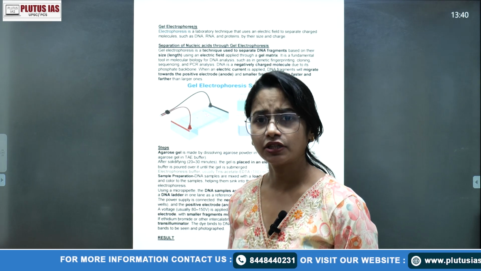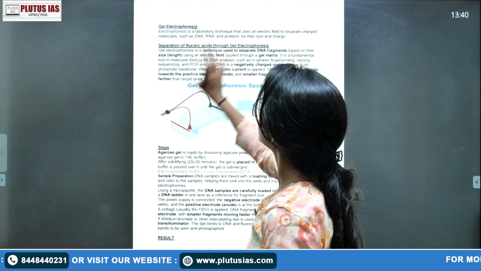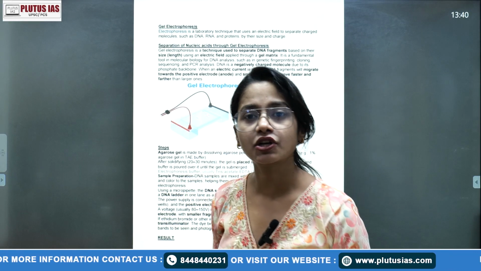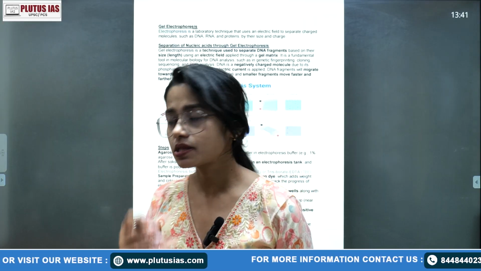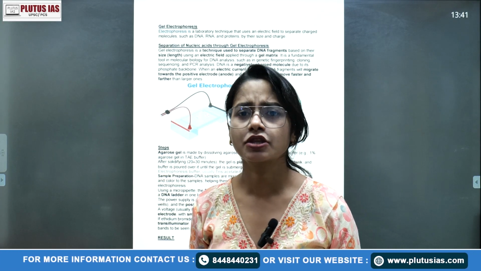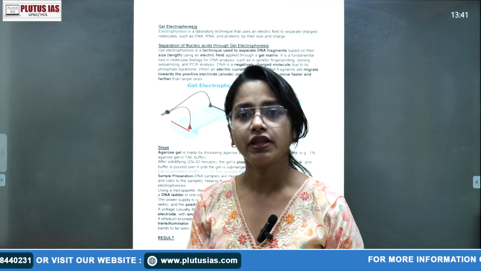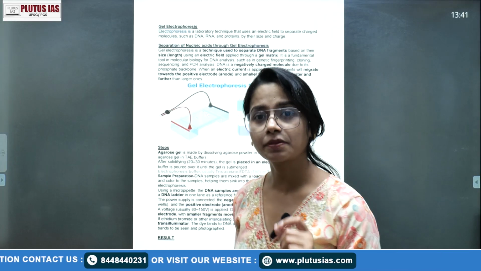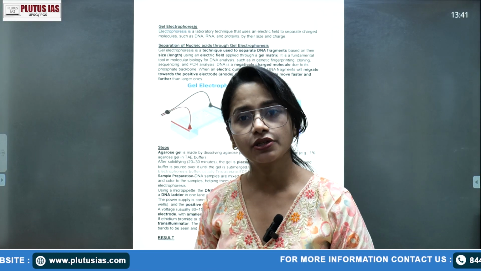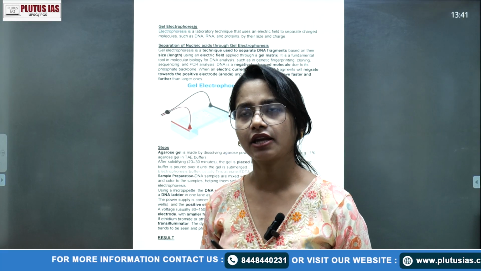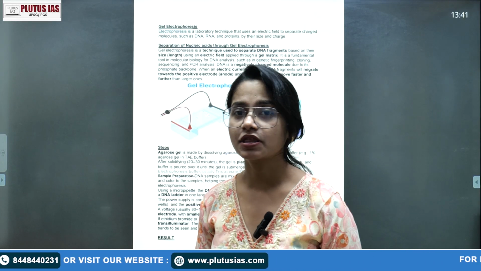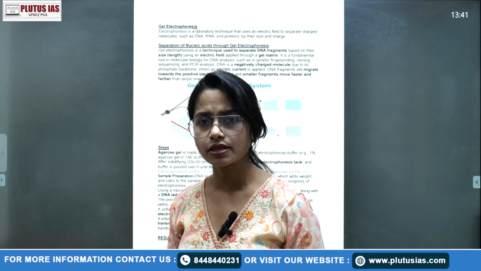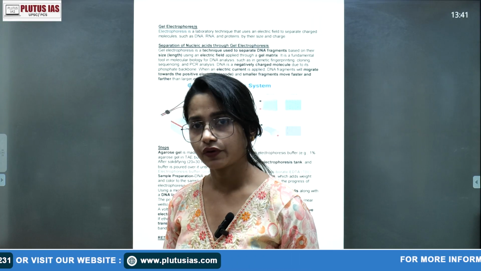Before starting the topic, I really want to mention one thing. This is not about gel electrophoresis completely, but as I start the introduction, I have mentioned that with this process, nucleic acids, proteins, and so many molecules are differentiated on the basis of their charges and sizes. Okay, so I have covered nucleic acid, specifically DNA. Although the procedure is the same, there are some chemicals and the movement can be different. So be specific, do not just get confused. Something like the preparation of the gel is similar. So you will get to see where the difference is and where it is not.